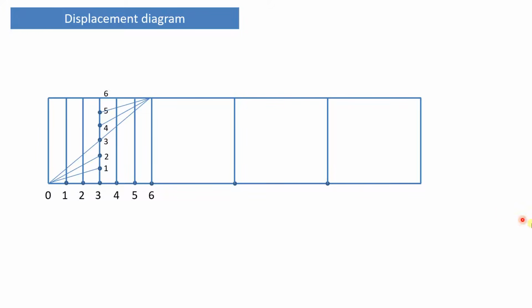Now you can see this 0 to 1 line will intersect this vertical line at this point. This 0 to 2 line will intersect this vertical line at this point. Then this 0 to 3 line will already be intersecting at the same point, correct, and so on. So this point and these points are the intersection of 4, 5 and 6. So locate these points like this,